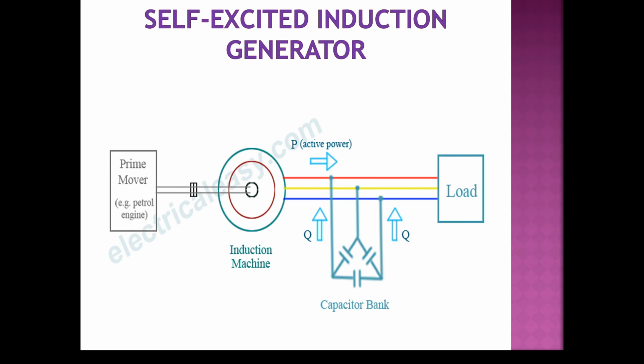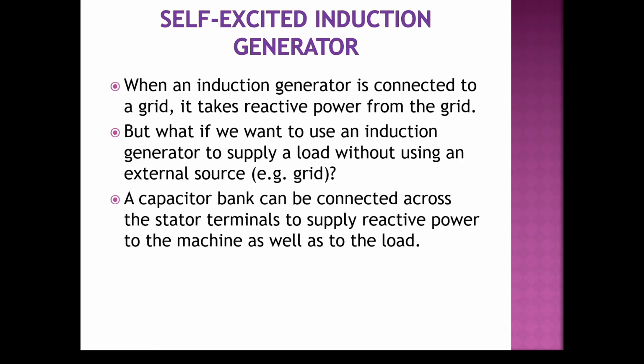Here we can see a self-excited induction generator. A capacitor bank is put here because the induction machine is not self-excited, so we are making it into a self-excited generator. What is the meaning of self-excited? Because of residual magnetism, some amount of flux is already there in the magnetic materials, and because of this flux, a small voltage gets induced, and slowly it becomes bigger and excites the generator. But an induction generator is not self-excited, so we are making it self-excited.